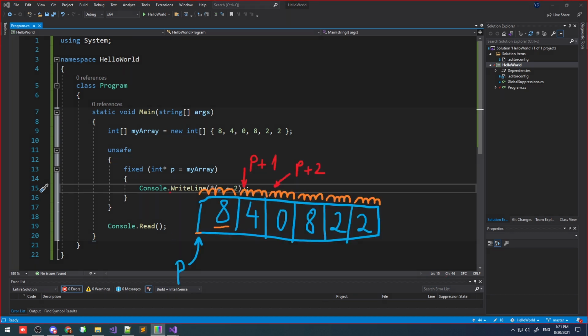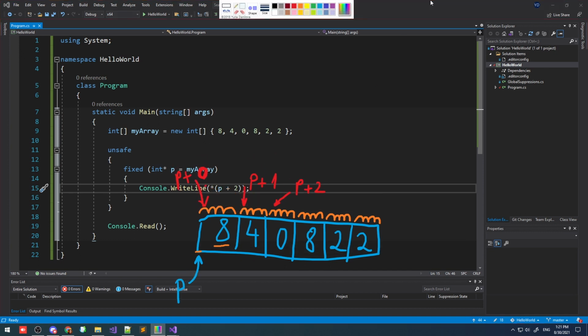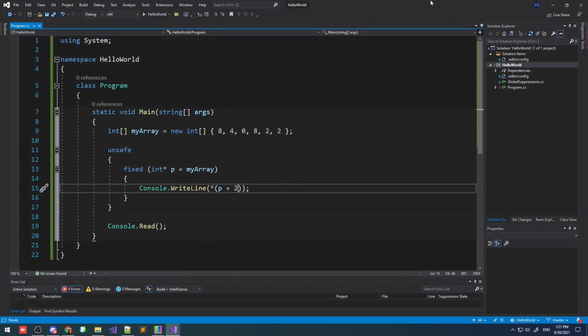Well, what if I want to still use this plus arithmetic but still point to the first byte of the first array cell so that I can access its value? What would I add? Obvious enough, I have to add 0, the magical 0, which is the base of our array indexers. This concludes to p being a pointer to the first address in my array, and if I don't want to offset into my array at all, it will have to be p plus 0.